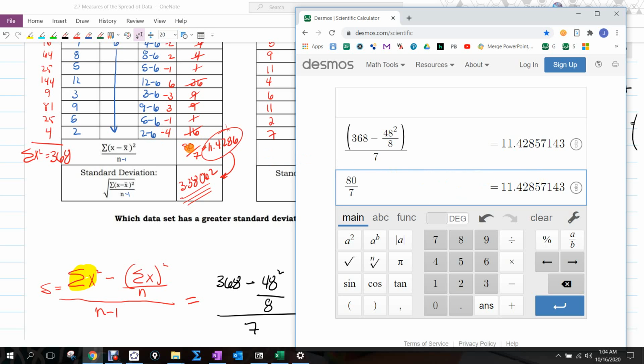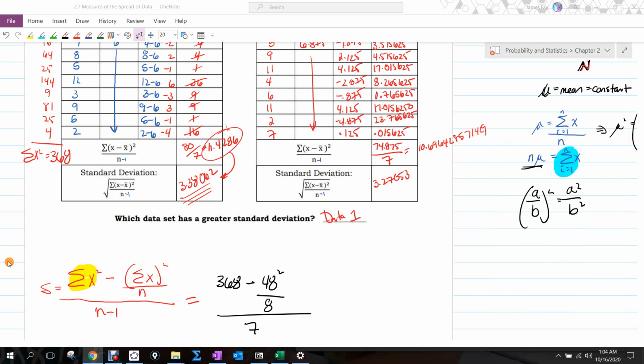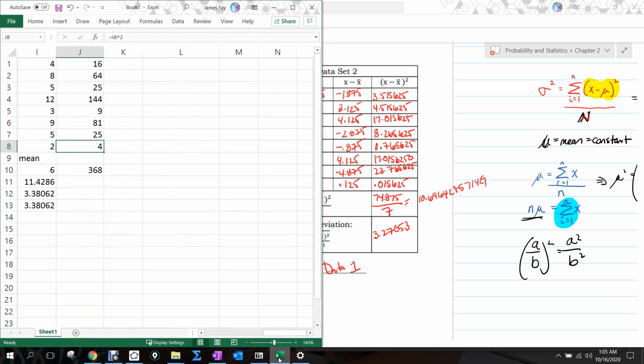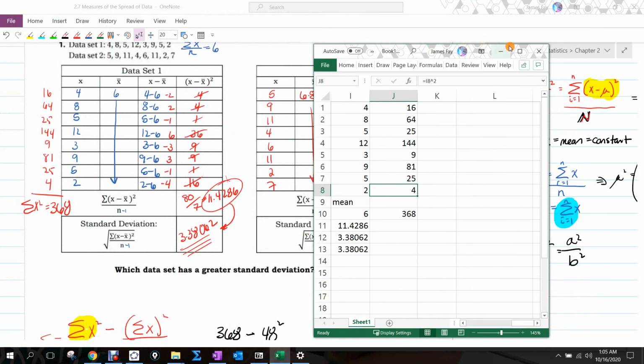But in generating that 80, the statistical world thinks this is a much longer process, especially with hundreds or maybe even thousands of data points, which we would never do by hand anyway, but we would program computers to do it. If I'm programming a computer, I'll show this with Excel real quick. I've got my computer program designed to come up with standard deviation,